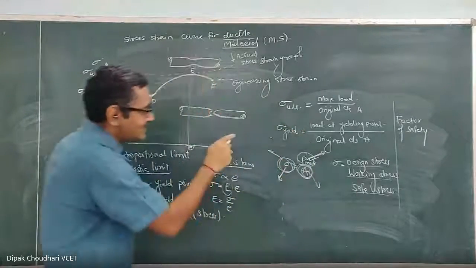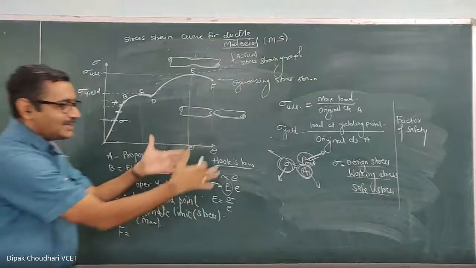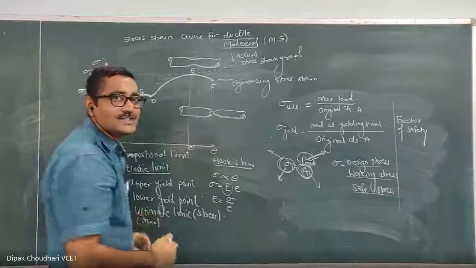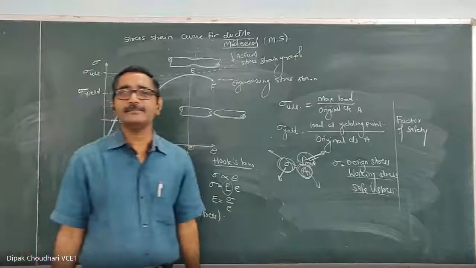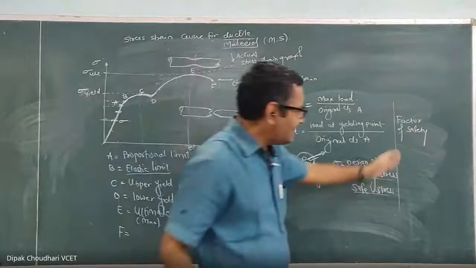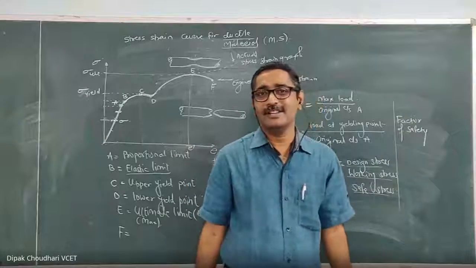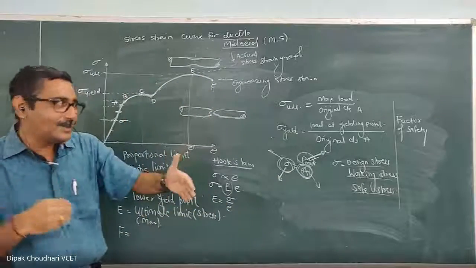Here, that's why this design stress or working stress should always be within the elastic limit. And to decide this design stress, working stress, and safe stress, you should know all these values of the stresses, as well as you should know this factor, which is known as the factor of safety. Okay. Now, what is this factor of safety? It is one factor. It is one number. Here, because of which the design engineer keeps himself away from the failure.